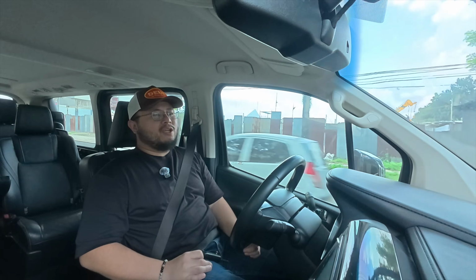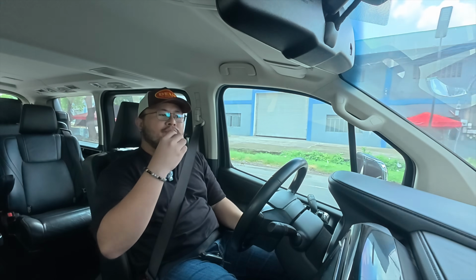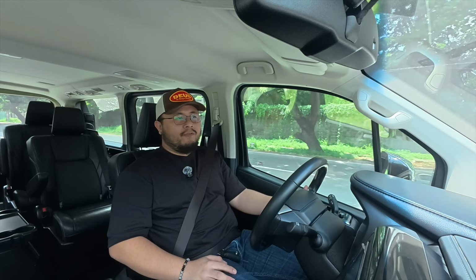As soon as you press the gas pedal, you will feel the engine pulling the car, because in some vehicles, especially when it's a turbocharged diesel engine or even a gasoline engine, there's like a moment of build-up when you press the gas pedal up to that point where you feel the car pulling. In the Toyota Hiace Super Grandia, the sensation is very different. As I mentioned, as soon as you touch the gas pedal, the car starts pulling. And I think that says a lot about how powerful the engine is, or how befitting the 2.8-liter turbo diesel